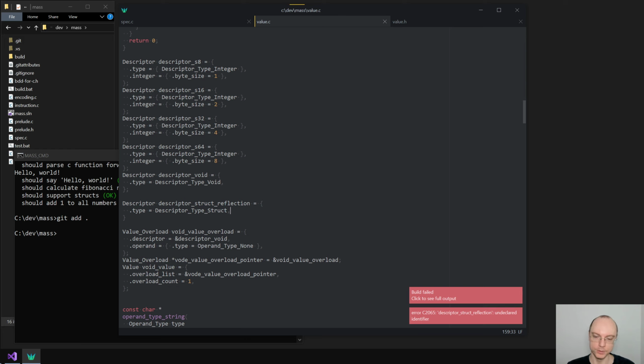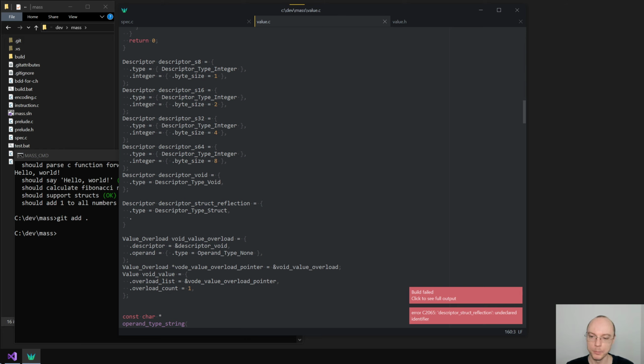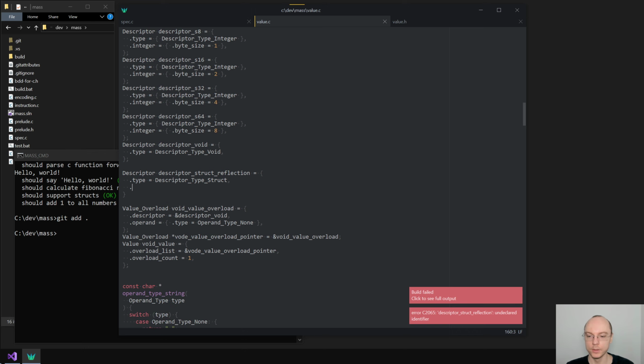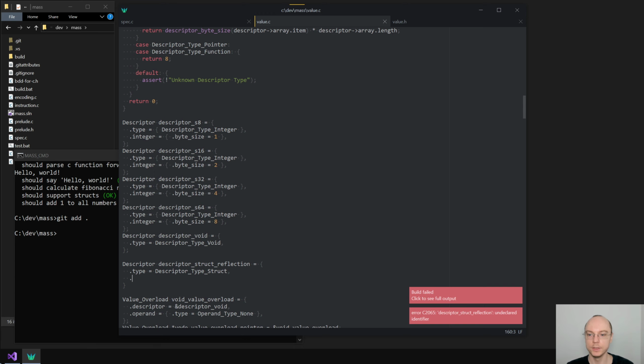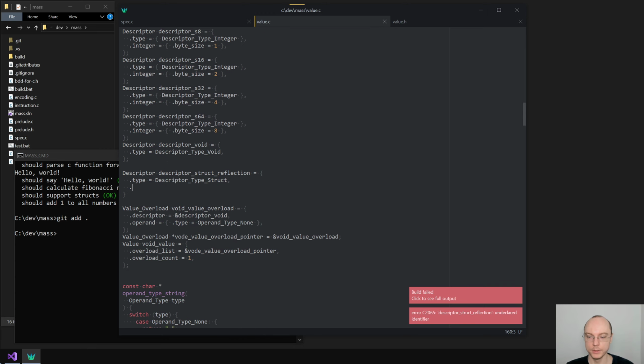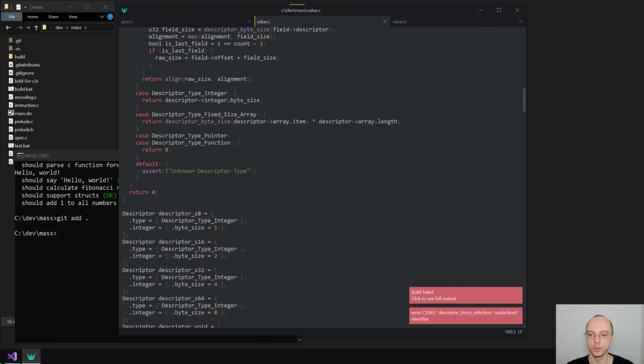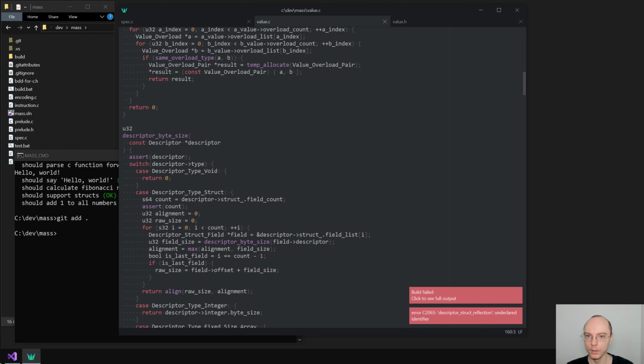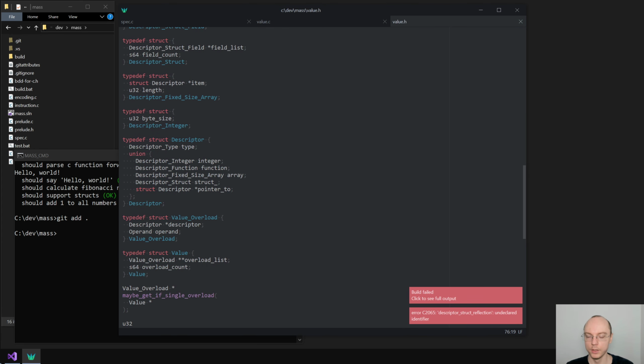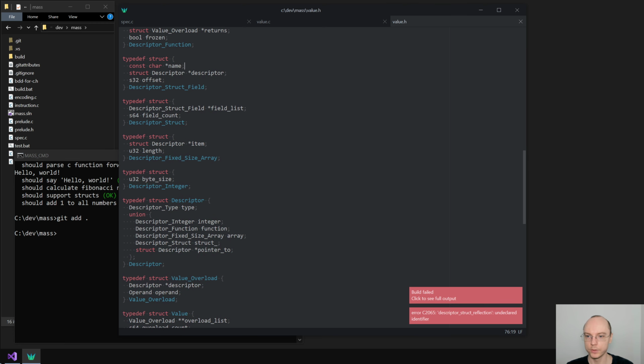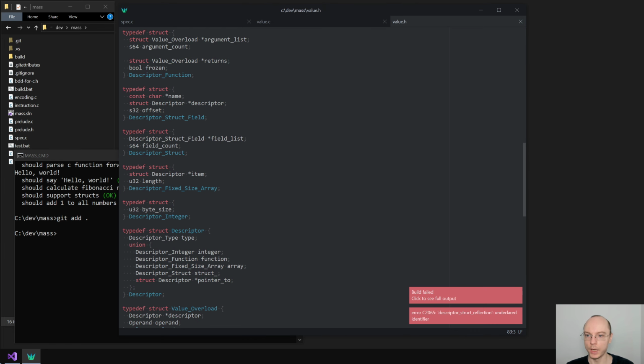So this is a bit of a mind-bending moment if you're not used to this kind of stuff. And it will have fields that describe to us some of the aspects of the type that we are trying to inspect. If we look at this descriptor, where is our struct? So we have this stuff. We have field count and we have a list of fields. And right now, as I said, I will focus simply on the field count so that we can get to this. So we will need to add a struct field